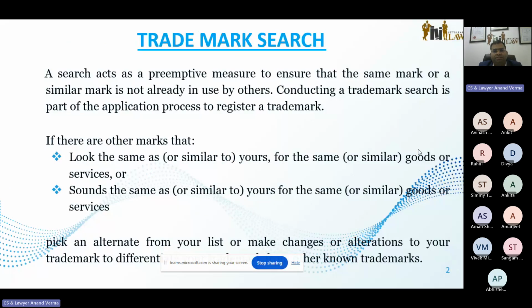So that is the trademark search. Trademark search is generally done to know in advance about the mark which the person is applying, which might be a word mark or a device mark. In the last lecture, I told you that a logo is called the device mark in the technical terms of the trademark. So if any person, any entity, any individual decides to go for registration of its mark, then you as